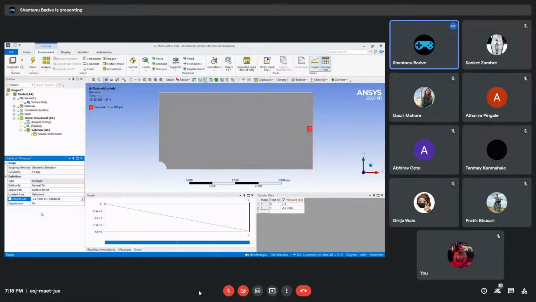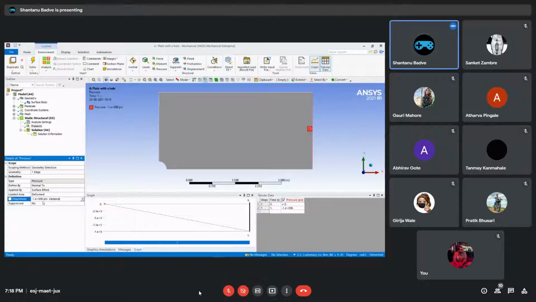Now, when we were solving, we took the pressure force to be 1E6 psi, which is positive 1E6 psi. But here, we are entering minus 1E6 psi. Why is that, right? That is because by default, ANSYS does not give you tensile forces. It gives you compressive forces. And basically, what is compression? Just the opposite of tensile stress, right? And therefore, we are applying minus 1E6. By that, we are telling ANSYS, don't compress. Instead, start pulling. All right.